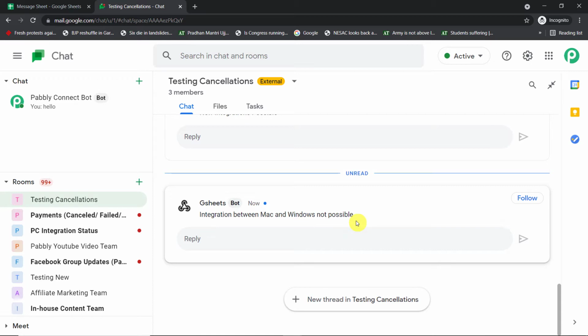So you must be thinking, how did I do it? How did I manage to send that data from Google Sheets to Google Hangout chat account? Basically, here we are using an integration and automation software called Pabbly Connect that has integrated Google Sheets and Google Hangout chat. Now before I show you the steps, how about I show you a small perspective of how this integration is going to work.